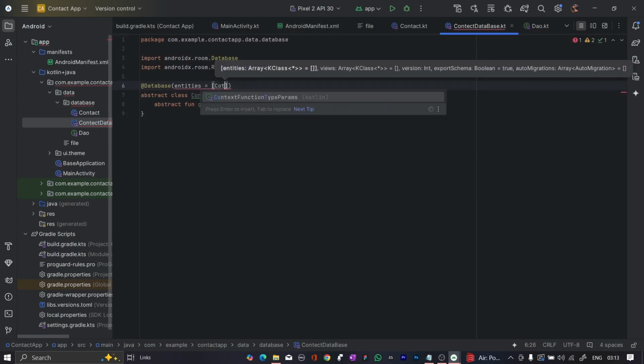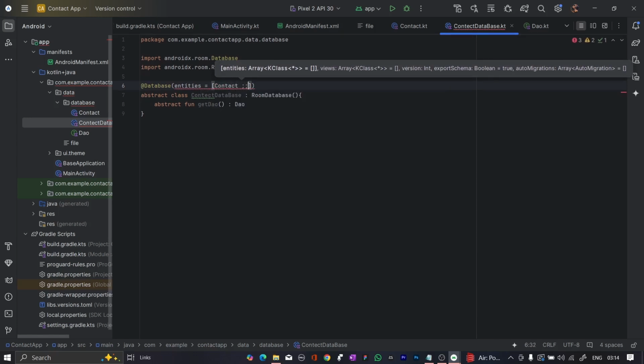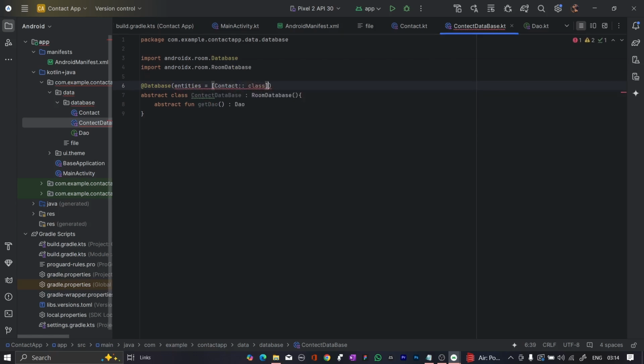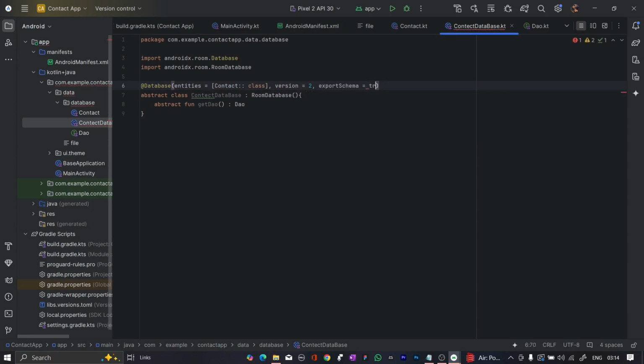एंटिटीज़ इज इक्वल्स टू, सबसे पहले कॉन्टैक्ट, जो हमने डेटा क्लास बनाया है, कॉन्टैक्ट, राइट? एंड स्कोप दे देंगे इसको, क्लास। इसको वर्जन देते हैं, वर्जन इज इक्वल्स टू 2, एंड उसके बाद एक्सपोर्ट स्कीमा इक्वल टू ट्रू। स्कीमा एक टेबल की तरह आप कह सकते हो, राइट? एक्सेल टेबल होती है, उस तरह का एक्सपोर्ट स्कीमा रहता है। and this we have done right here। so right now we don't need anything right here।